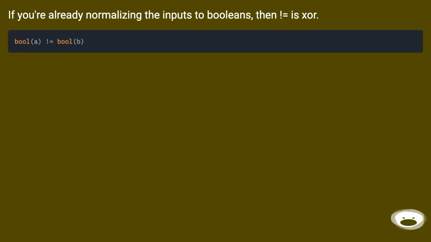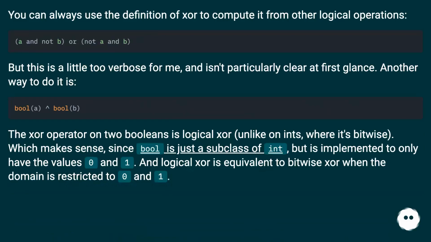If you're already normalizing the inputs to booleans, then not equal is XOR. You can always use the definition of XOR to compute it from other logical operations. But this is a little too verbose for me, and isn't particularly clear at first glance. Another way to do it is: